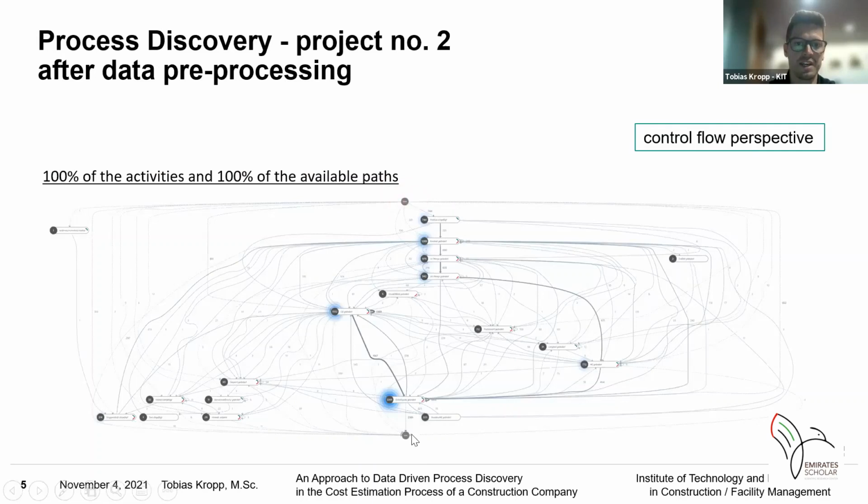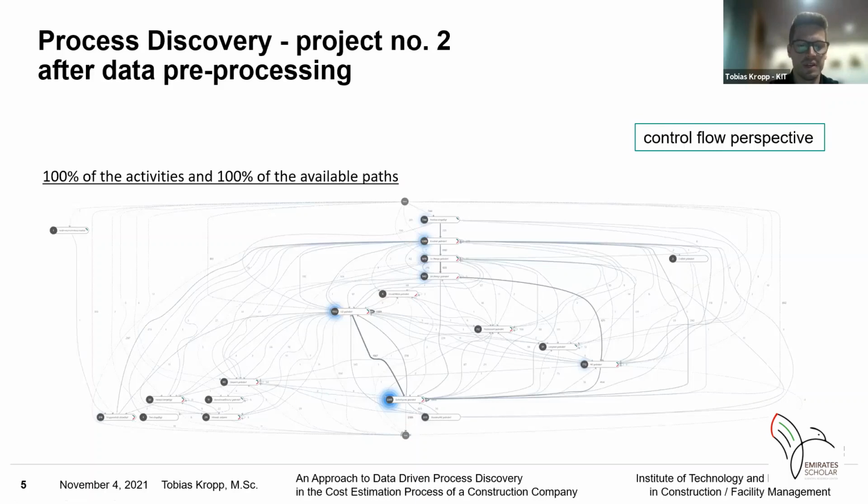So we have a process start, we have a process end, and then we have different variations of how the process took place, all over thousands of event data. And this is the control flow perspective. So it shows the sequence of activities. And to get some findings here, because it's not really easy to see, one finding is that the cost calculation process was really unstructured, as you can see here.